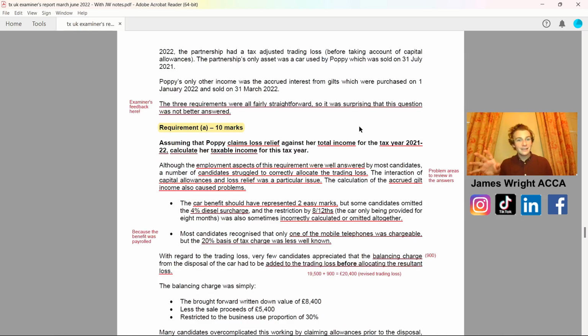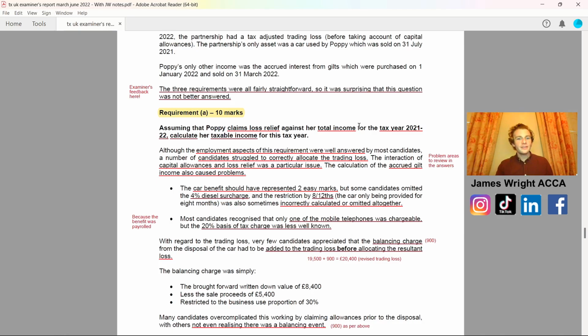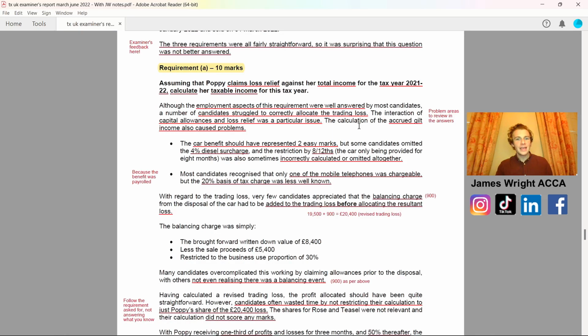But the next key thing to get down from the examiner's feedback, again, get this down, the 3 requirements were all fairly straightforward, so it was surprising that this question was not better answered. So in other words, students again were not fully prepared for a sort of partnership and benefit style question. And this is where we had for Poppy, that you can see on here, again analysing the requirements. First of all, we had some loss relief, total income, and this was applied to the 2021-2022 tax year, calculating